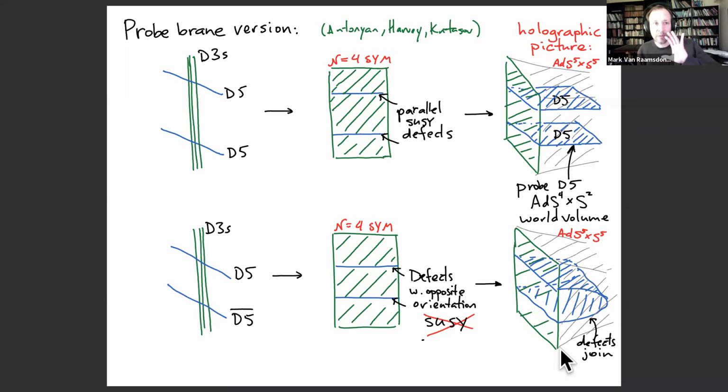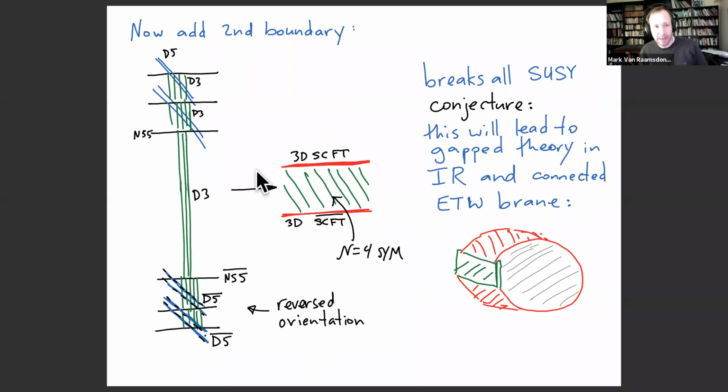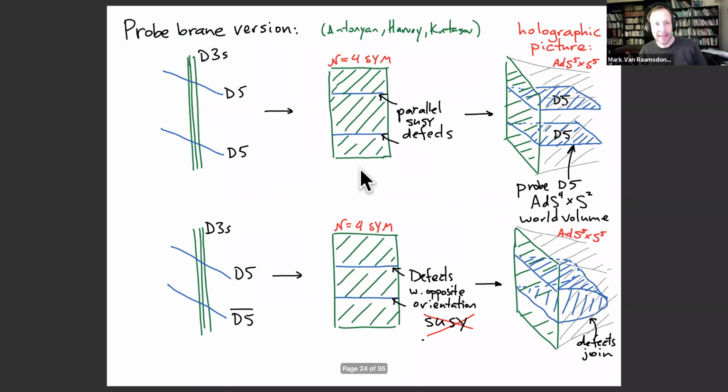And so I want to motivate that actually by some of this brane physics that I mentioned earlier. Okay, so I'm going to step back from this more complicated configuration where we have D3 branes ending on 5 branes, and just remember a little bit of physics of the situation where you have a bunch of D3 branes which are intersected by some 5 branes, just by a pair of D5 branes.